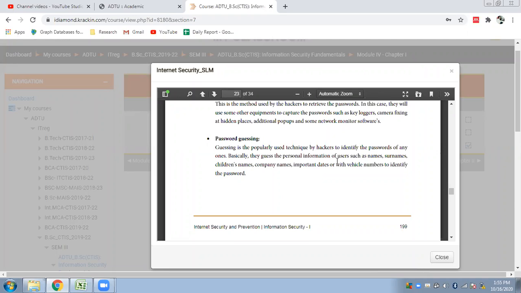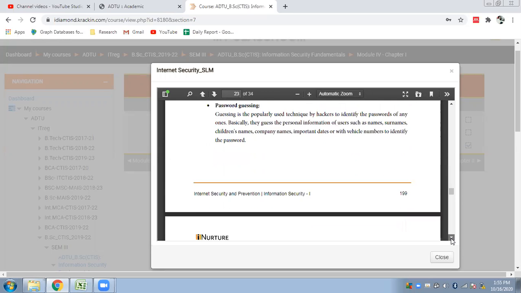Things which we are attached to or which we like, we keep passwords of that kind. Once that kind of information is gained by the hacker, he can guess the password from there, because in most cases passwords are kept in those forms only. Likewise, they can identify the password by guessing.